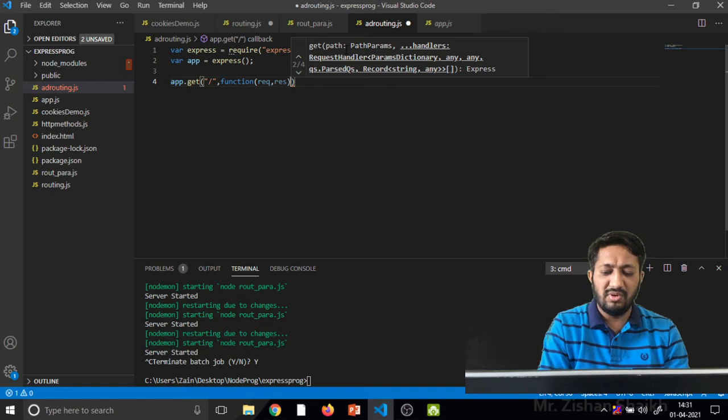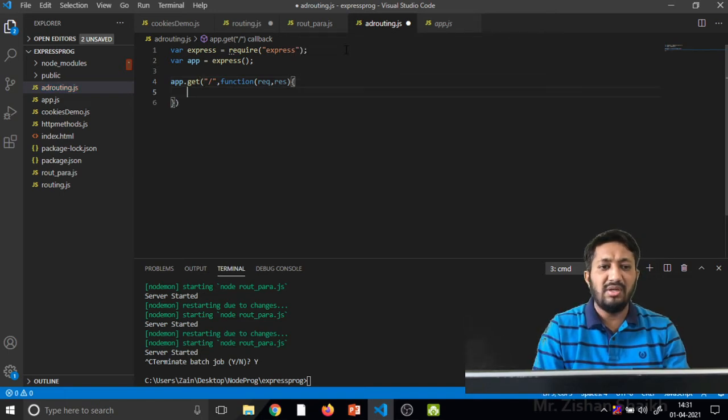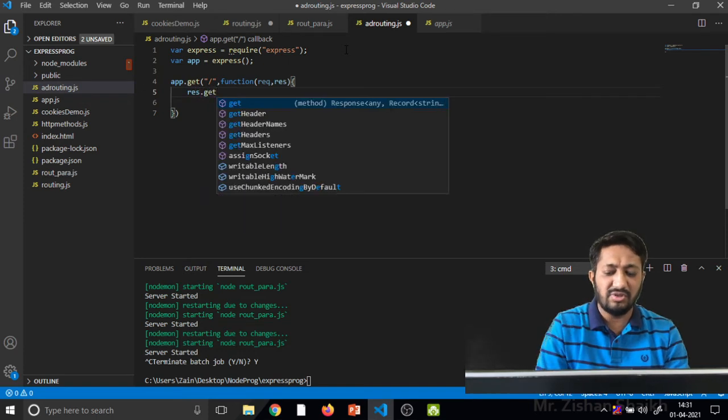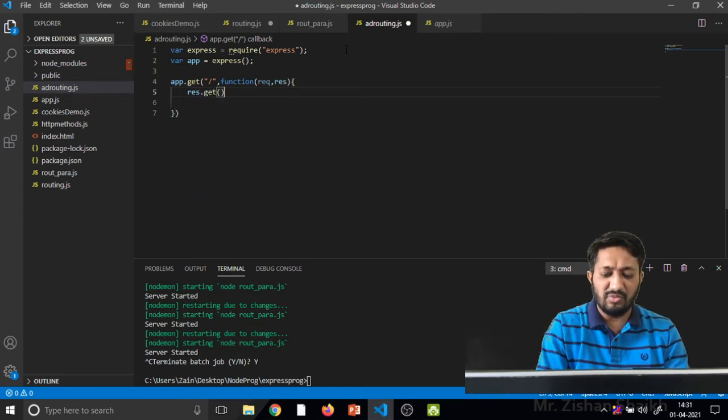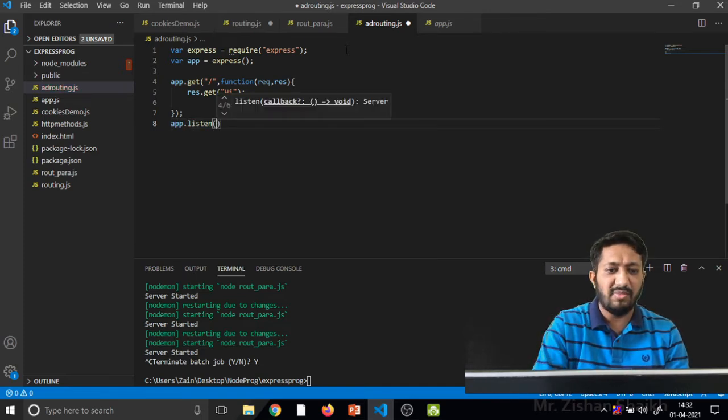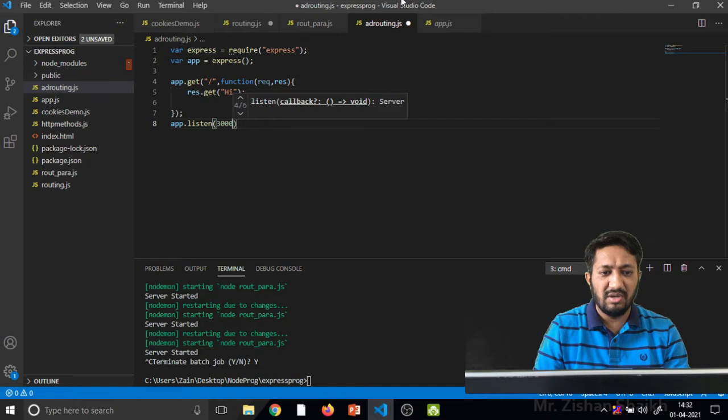Now, the request and response will be given by our server. For example, I am writing response.get, so suppose my answer is that the server is telling hi. If we want to print this, before that we have to write app.listen, with the particular port number where our request is listened.